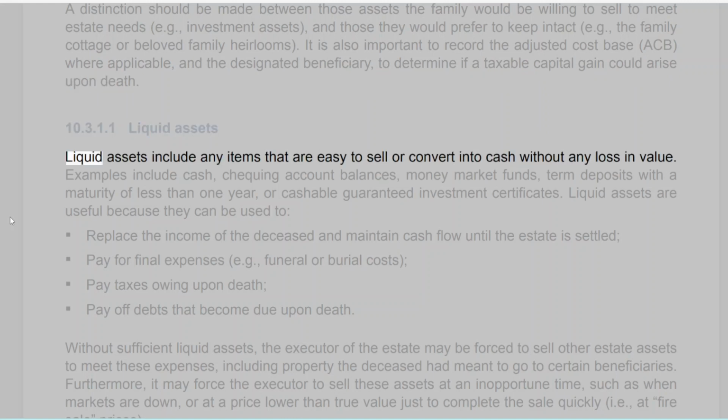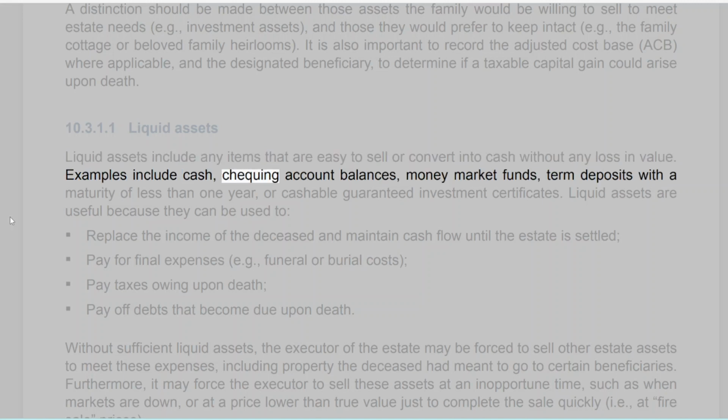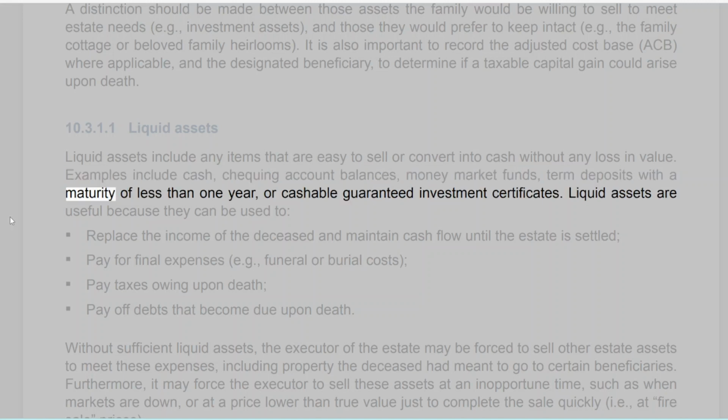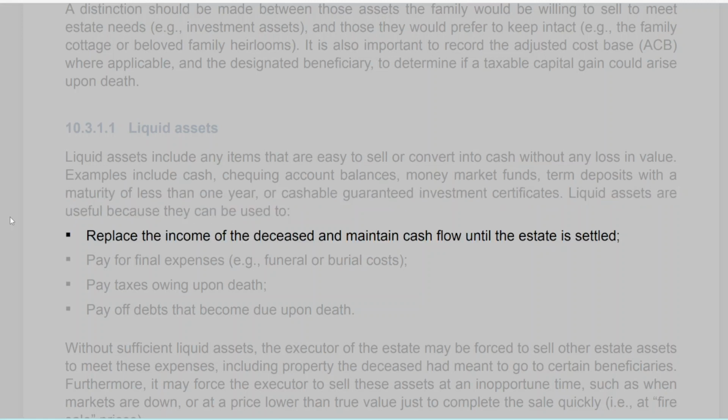10.3.1.1 Liquid assets. Liquid assets include any items that are easy to sell or convert into cash without any loss in value. Examples include cash, checking account balances, money market funds, term deposits with a maturity of less than 1 year, or cashable guaranteed investment certificates. Liquid assets are useful because they can be used to replace the income of the deceased and maintain cash flow until the estate is settled,